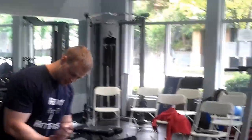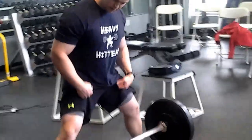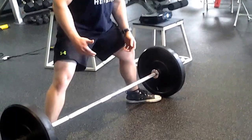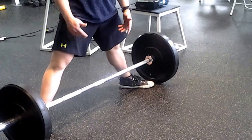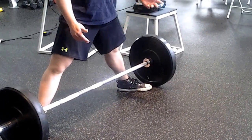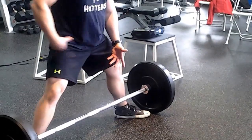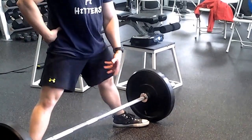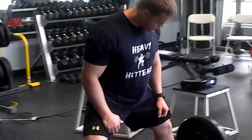So sumo stance. It's going to be different for everybody. If you have awesome mobility, you might be out here, toes to the plates. The benefit is it's going to be shorter to lock out. So it might even work better for somebody with different anatomical levers, where this is the best way that they can keep their spine in that neutral position. And it's going to be a shorter lockout for them usually. So I usually go